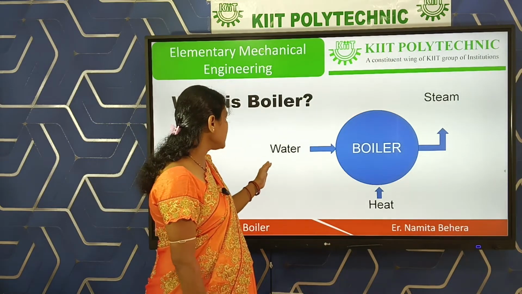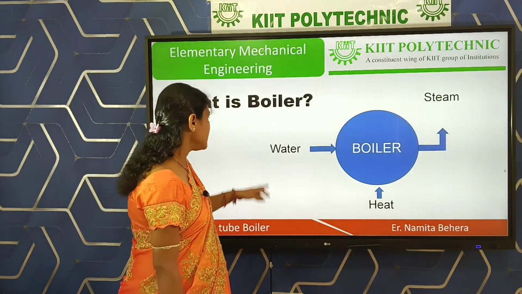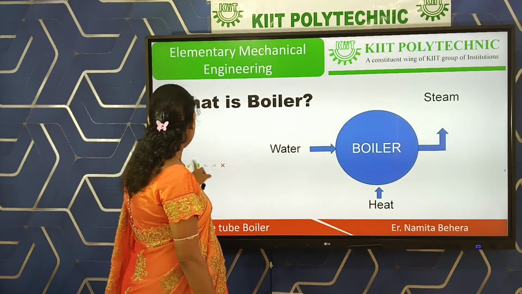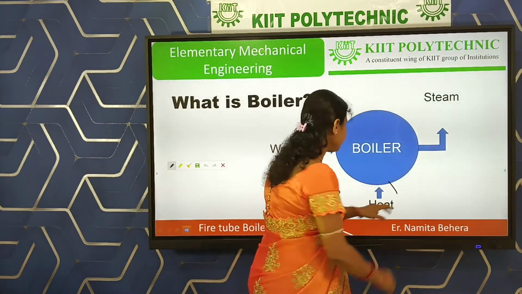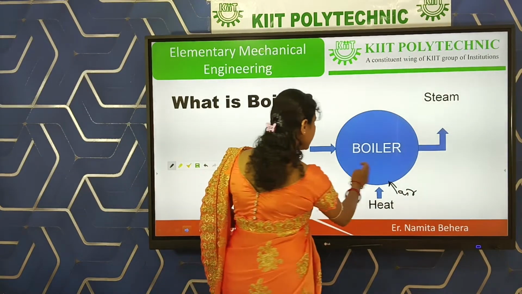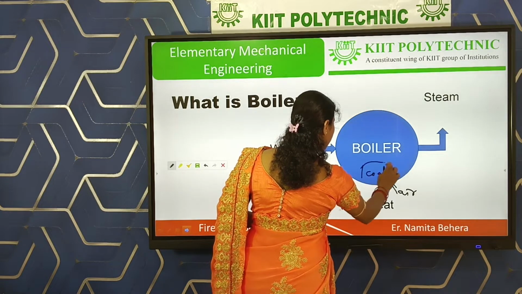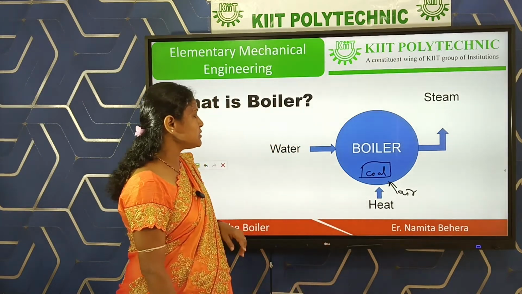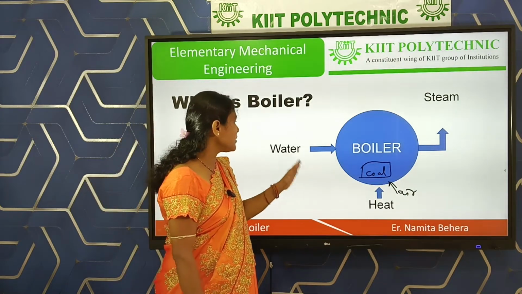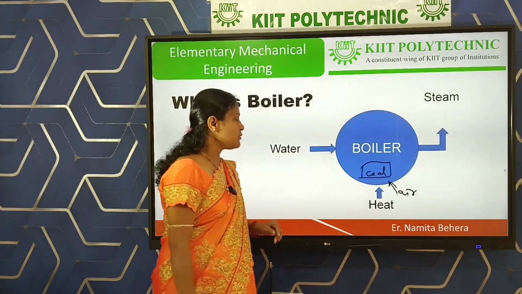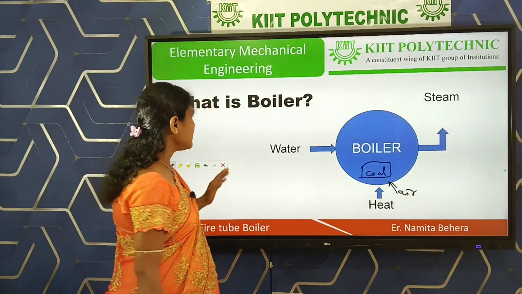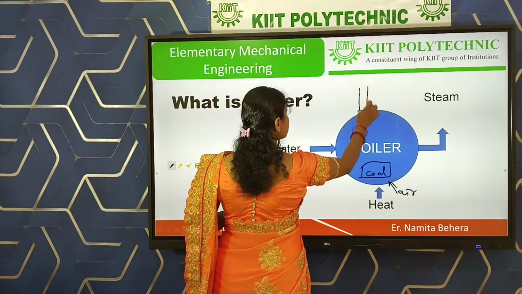So I will show you the major inputs of the boiler. The first input is water, then the second input is air. Inside the boiler, coal is the major fuel. Combustion takes place and flue gases, hot gases are produced, which convert the water to steam with the help of these hot gases. Then it creates some exhaust gases.